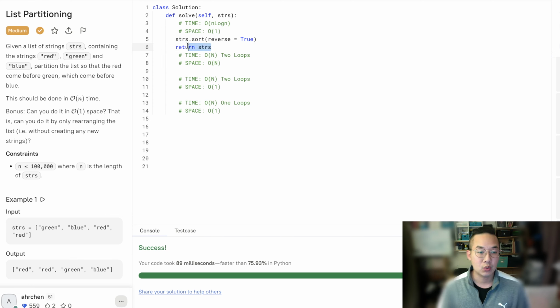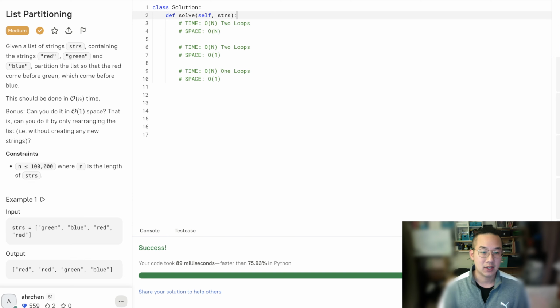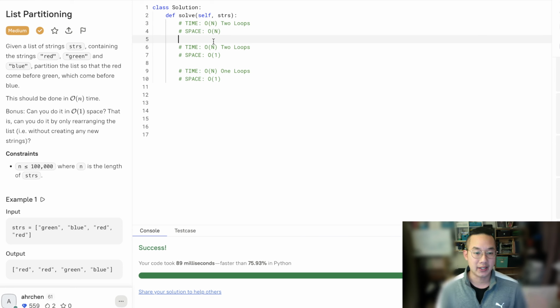So maybe we're going to delete this now, and we're going to do two loops. The first thing we're going to do in this solution is go through all the items and count them: the number of reds, number of greens, number of blues. Then we're going to put those numbers into the correct spot